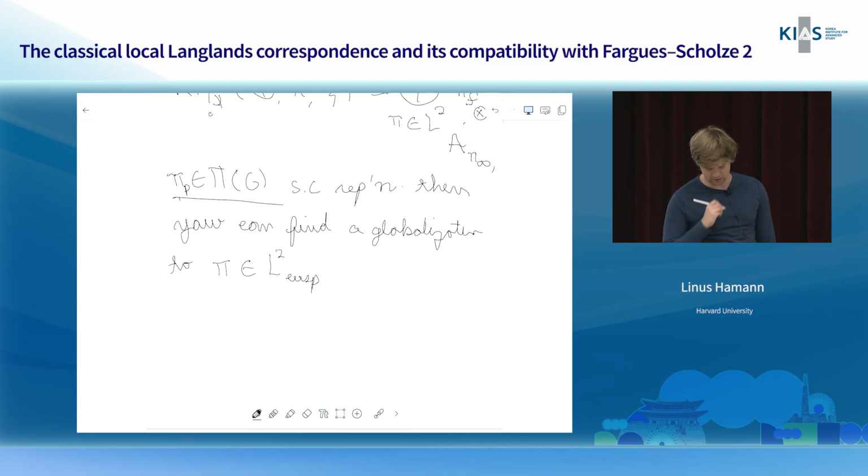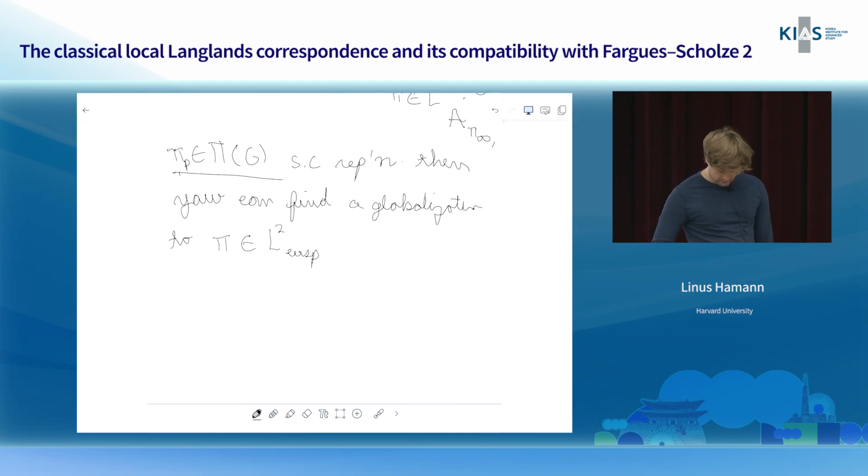So this is a cuspidal automorphic form, globalization to pi, such that